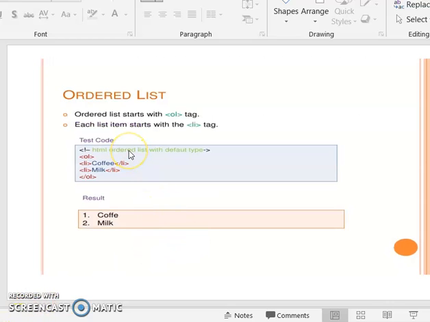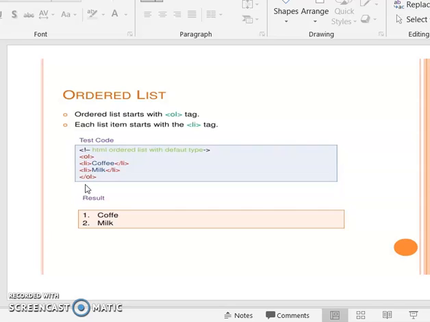Here is an example. In an ordered list, the tag starts with OL, and as you know, the list tag starts with LI. So in an ordered list, the elements can be displayed using the LI tag, between OL and /OL.